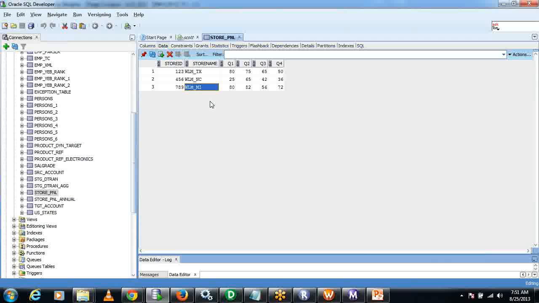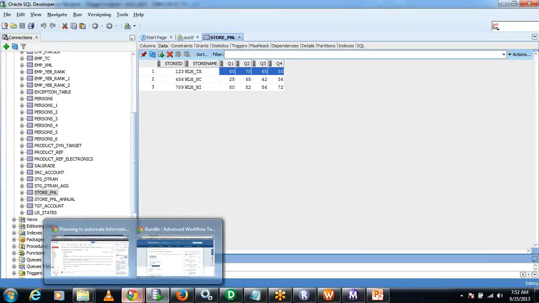Now I want to get the annual profit, or I don't want all these to be separately present. If I have to group it, I need to have them under a single store ID, right? So how will you get these rows converted into columns? Normalizer is the best option for that. So if we go to the mapping again,